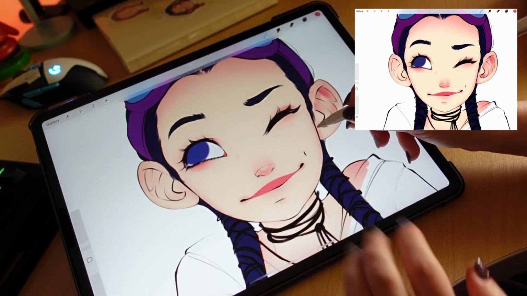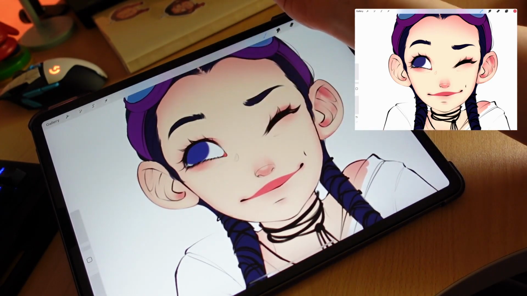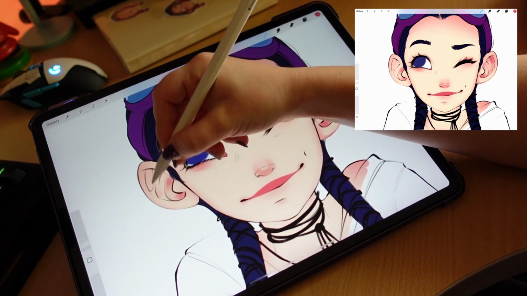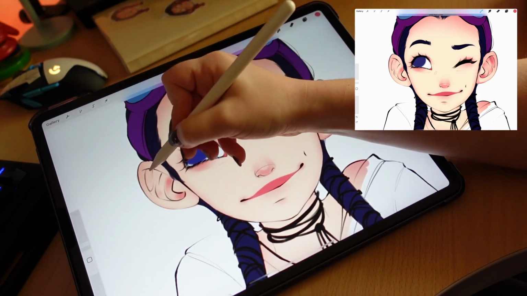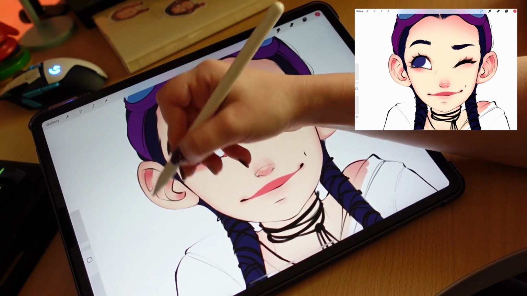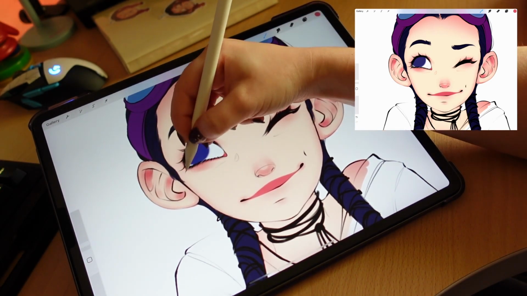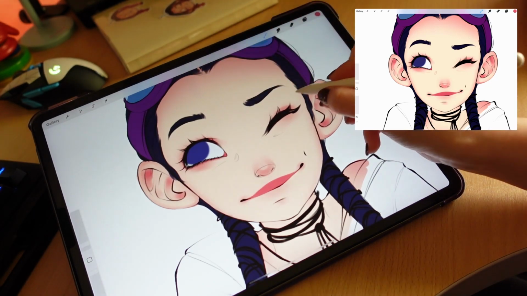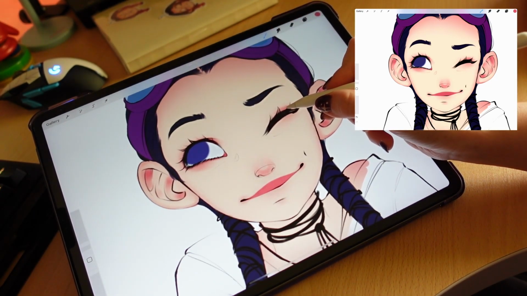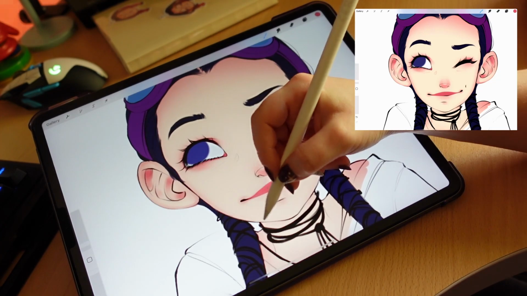After a couple of years though, I kinda started getting tired of emotes and I faced a bit of an art block. I wasn't sure what I was doing wrong. I didn't dislike my art, but I didn't like it either. So I kind of knew I had to make changes.